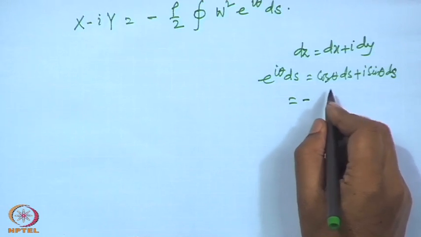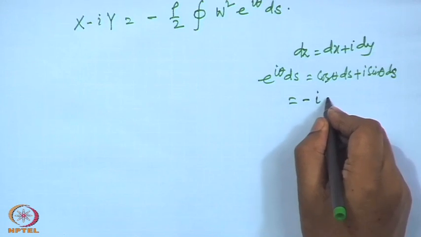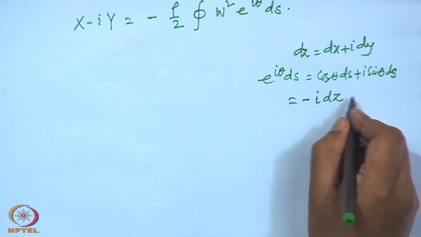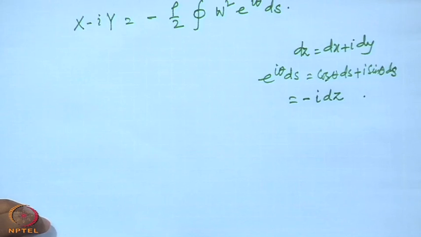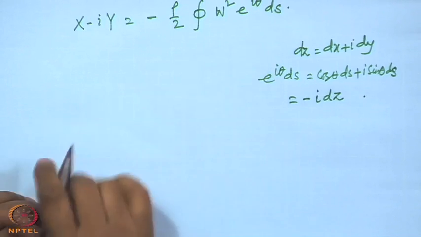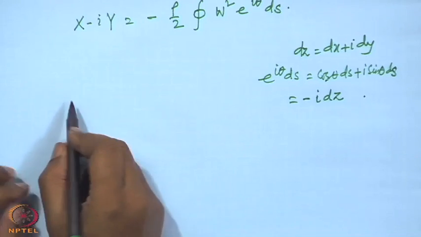This minus i dz. And then we put it here. What do we get then? x minus i y equal to